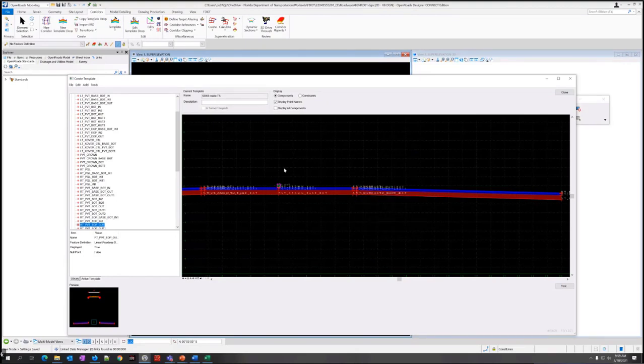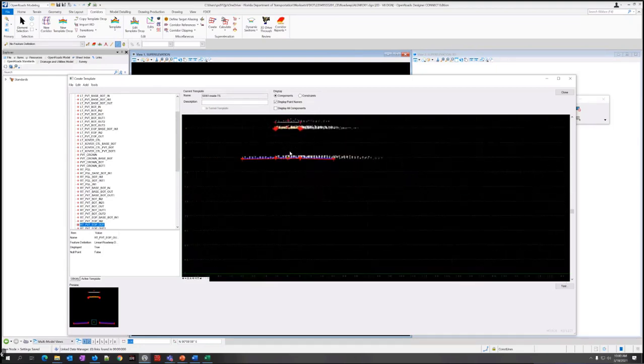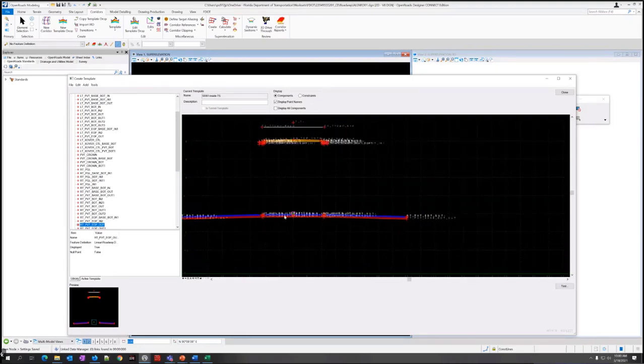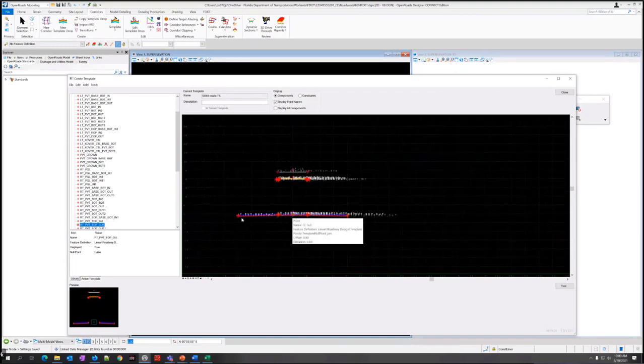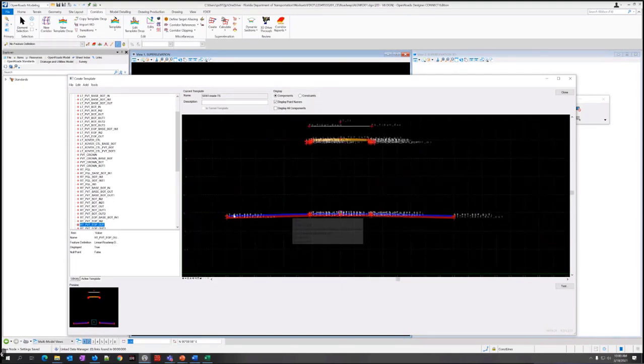So there will be a super elevation lane for this median. Even if there's no pavement there, we need that super elevation lane. Since there's no breakpoints in here, it's the concept of one super elevation lane, even though it's a multi-lane roadway, because there's no breaks across the lane.